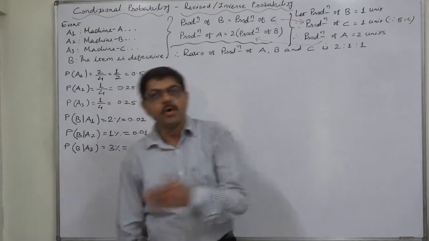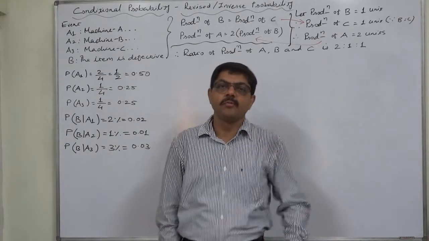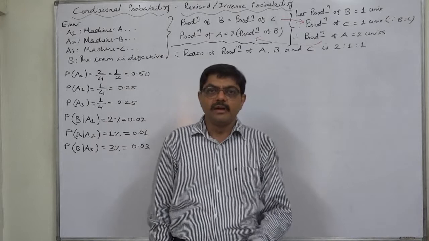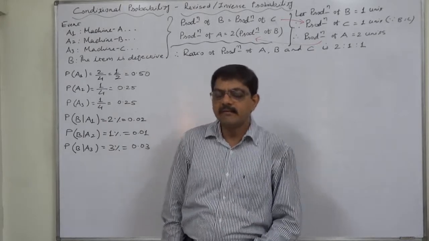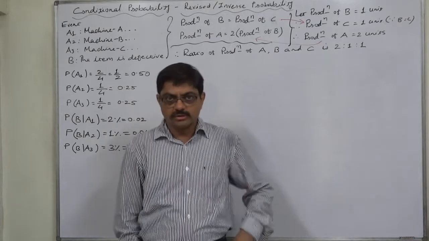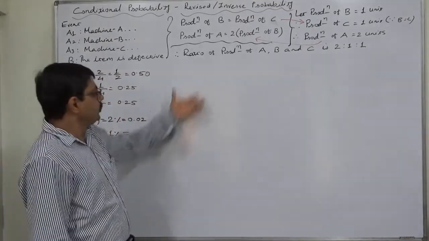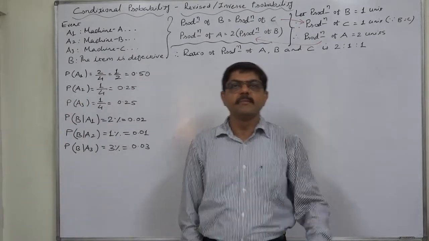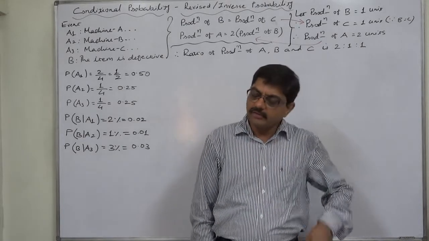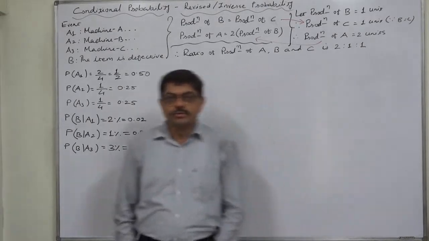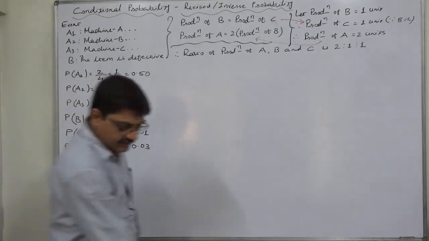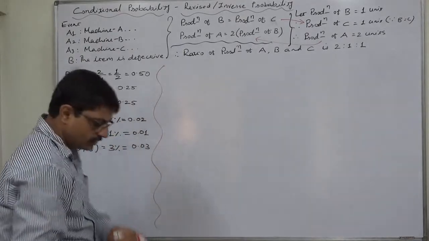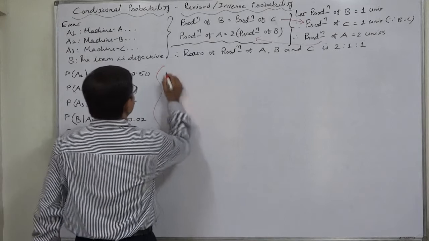When the sums of balls and flowers to be selected from a box etc. are there and we need to calculate inverse or revised probabilities, I never advise to use the tabular approach, subject to the condition that first of all you calculate all the required probabilities and then only you can prepare the table. Now it is upon you which approach to be used to solve the particular type of problem, but in this case we are going to use the tabular approach. We have 3 causes. They are machines.